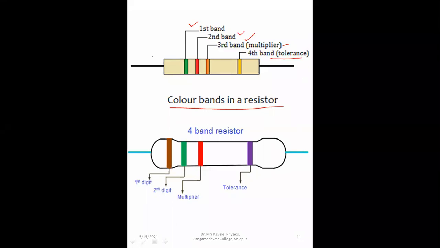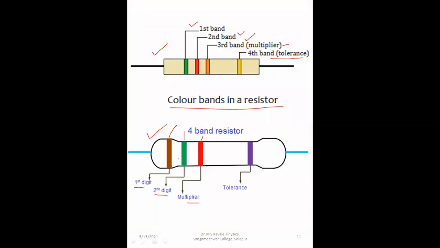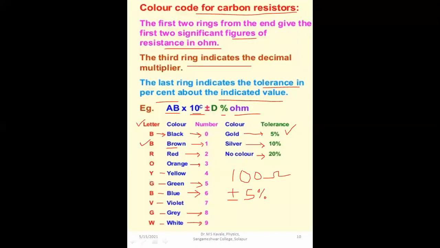So here also, this is one of the pictures of a resistor. This is another. Then first digit, this one, second digit, and the multiplier. So this is the brown color, then green color, and the red one. So where is brown? This is brown. Then green and red. So brown stands for 1, then green stands for 5, and red stands for 2, that is 15 into 10 raised to 2 ohm.